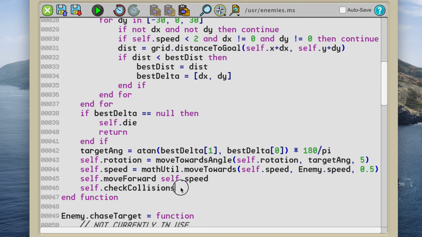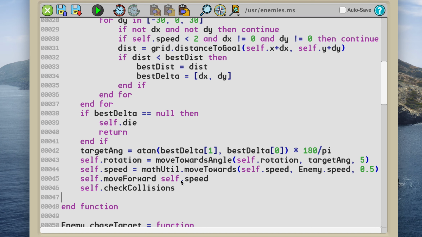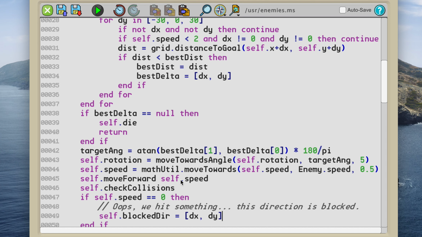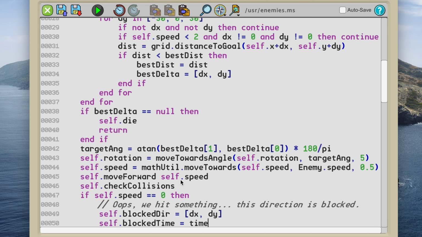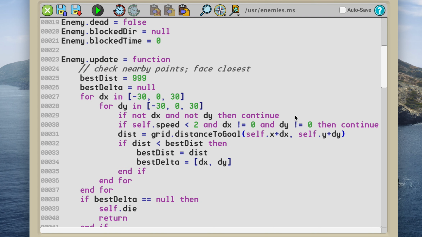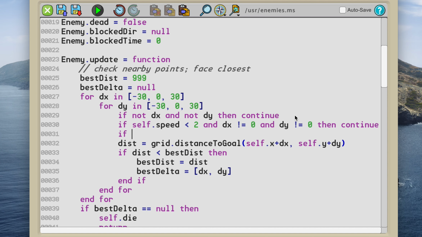Let's see, check collisions. All right, here we go. After we check collisions, if our speed is still 0, that means we hit something. So if self.speed is equal to 0, then, oops, we hit something, this direction is blocked. Self.blocked_dir equals dx, dy, and self.blocked_time equals time. Okay, so now we know that we hit something. The direction is the exact same as these directions. So we could say if self.blocked_dir is equal to dx, dy,